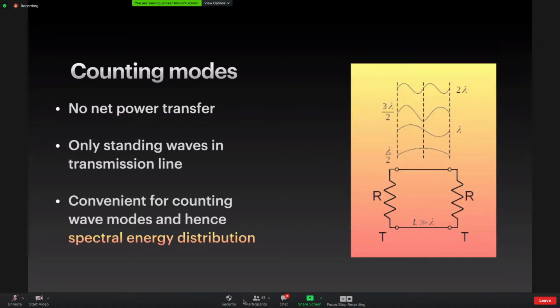We know there's no power transfer, so the only energy distribution is in the standing waves in the transmission line. And we have chosen the length so that we are in a regime where the quantization effect is not too much. We essentially have a continuum of states. Yet still, because we have a particular length of the transmission line, we are still able to count the states at lower wavelengths, apply the same formula throughout its frequency range, and essentially get the power distribution